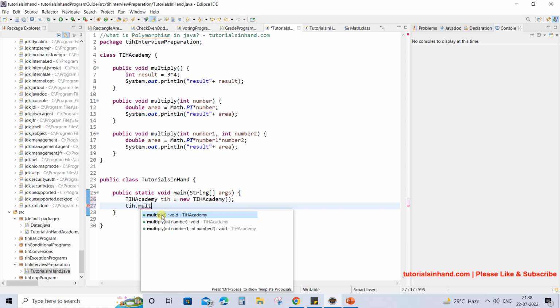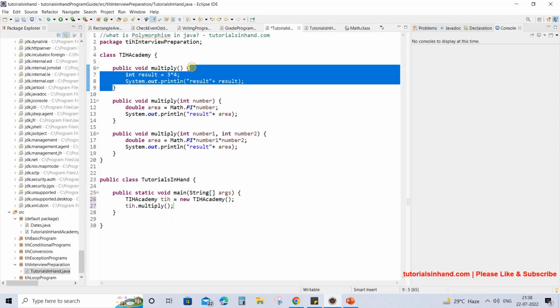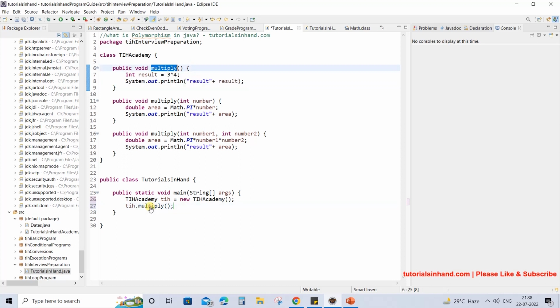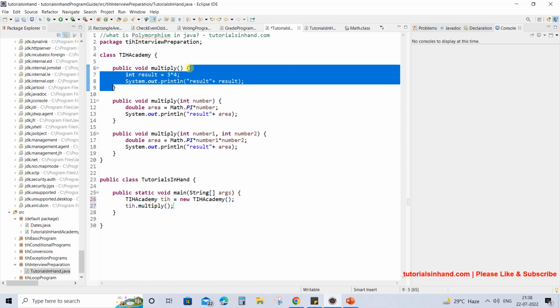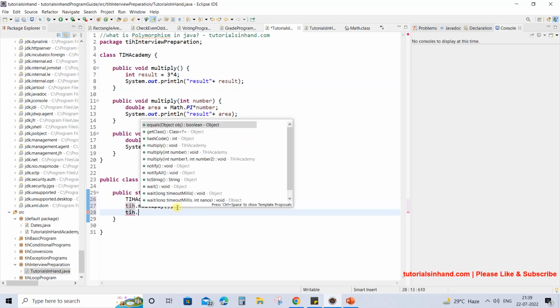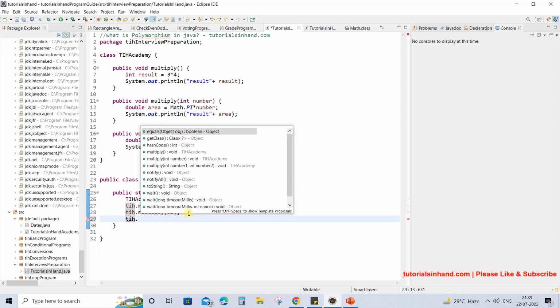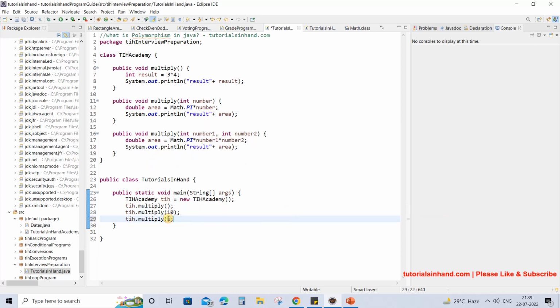Based on your requirement you can call the method. If you call the method without any parameter, it will simply call this multiply. See, if I press Ctrl and then click on it, it will show that this method is getting called. So at compile time, it knows that this is the method which will be called and it will call that method exactly. Now let's call another method by passing a parameter to multiply. Pass one integer value, let's pass 10. Then we will also call the method with two parameters, 10 and 20.